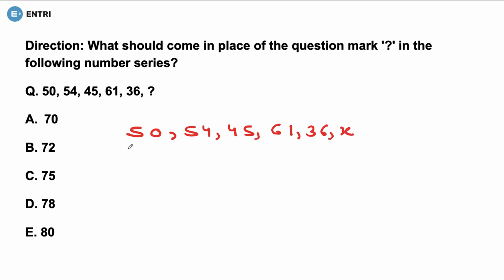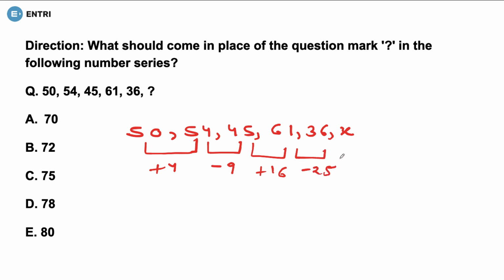Now, you can see here that in this sequence order, if I check its difference, it's what? It's plus 4 here. Then here the subtraction is there, that is minus 9. Then plus 16 is there. Then minus 25 is there. And here we are not aware because here the value is X. Fine. Now, if I check with this sequence order, I know that it is going to give me what?